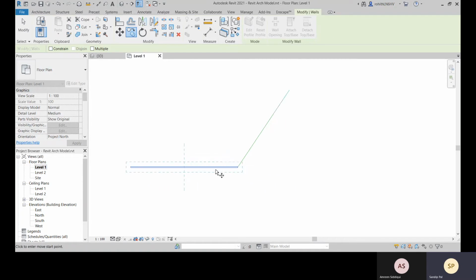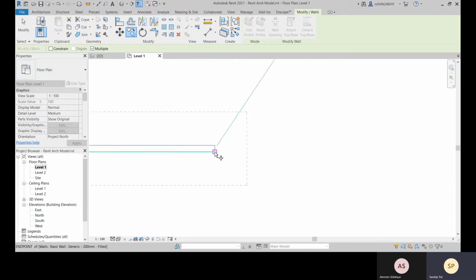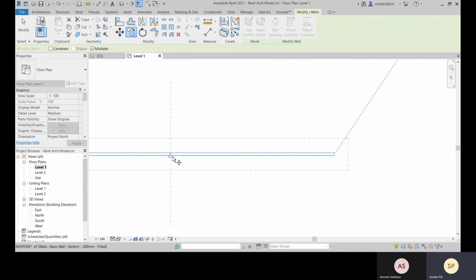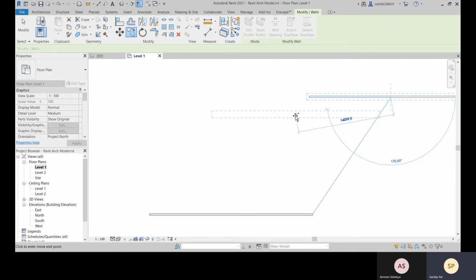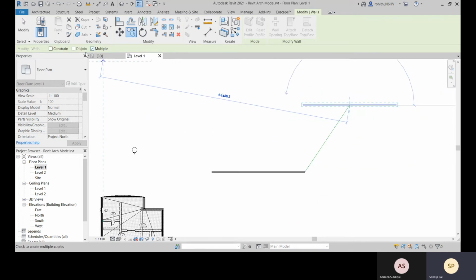If you want to copy multiple times within this single command, then select multiple, or if you want to just create one copy, then you don't need to select the multiple option. So let me go with this multiple option, and then you can choose any point of placement and place it there. And see, because I have selected multiple, I can place my objects as many times as I want. Okay.